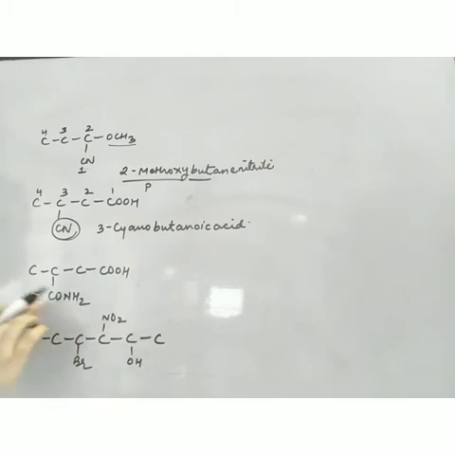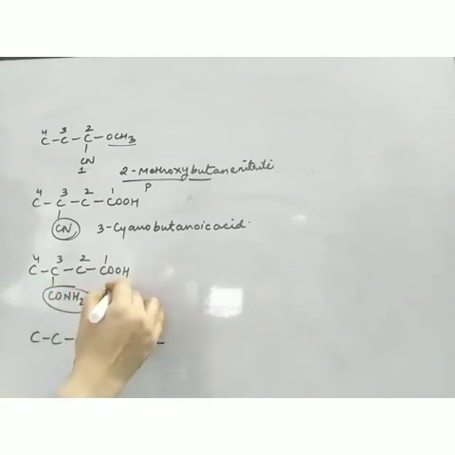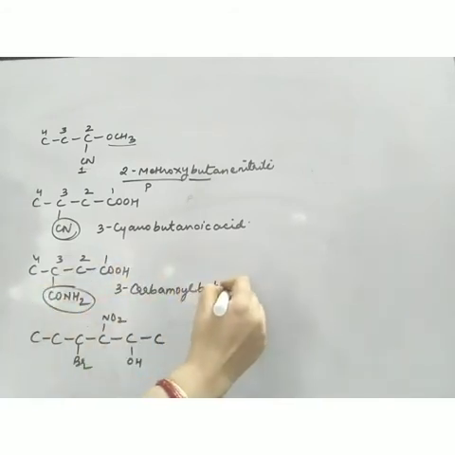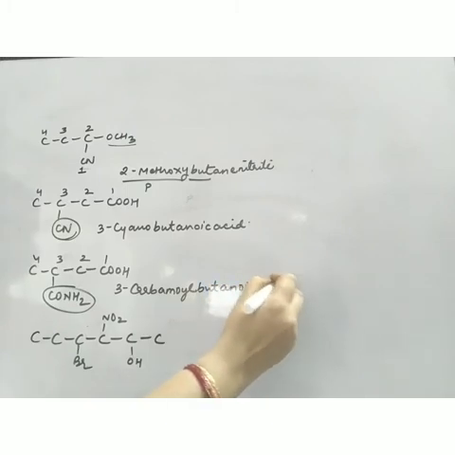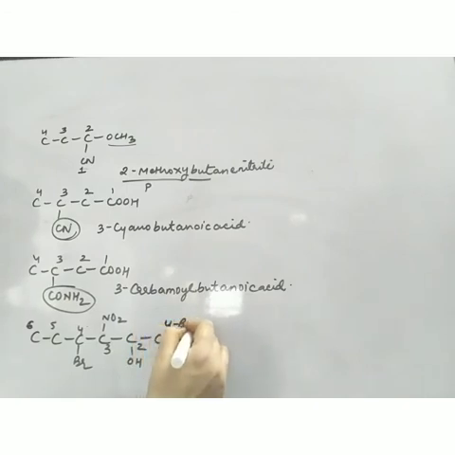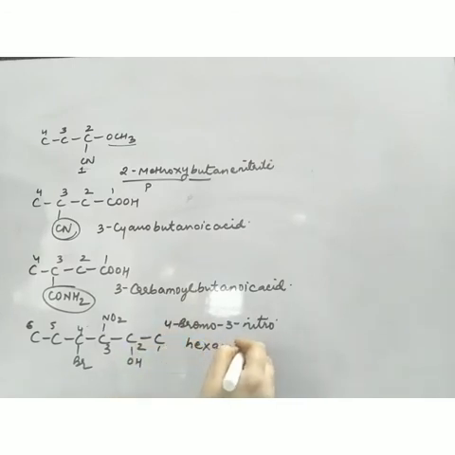Now here also the same rule will apply. Since we have to use prefix for this amide group, I will not count its carbon. So this is 3-carbamoyl. The prefix for CONH2 is carbamoyl. You can check the list. But, ane, oic acid. Now here OH is of highest preference, so the lowest number is given to OH. Now in alphabetical order, first bromo will come. So 4-bromo, 3-nitro, prefix is over now, hex, ane, 2-ol.